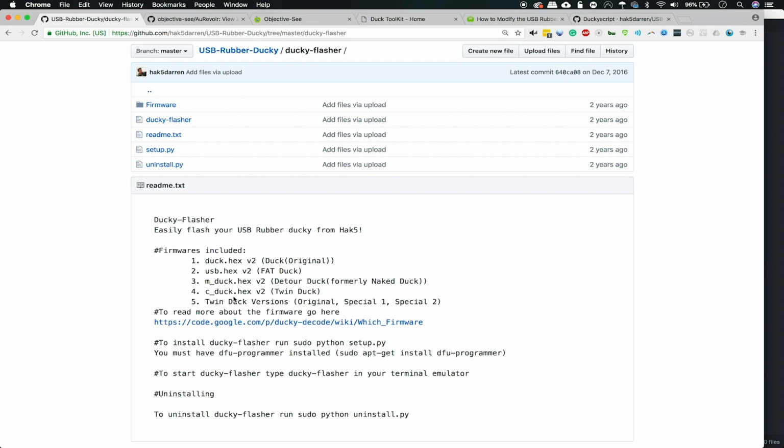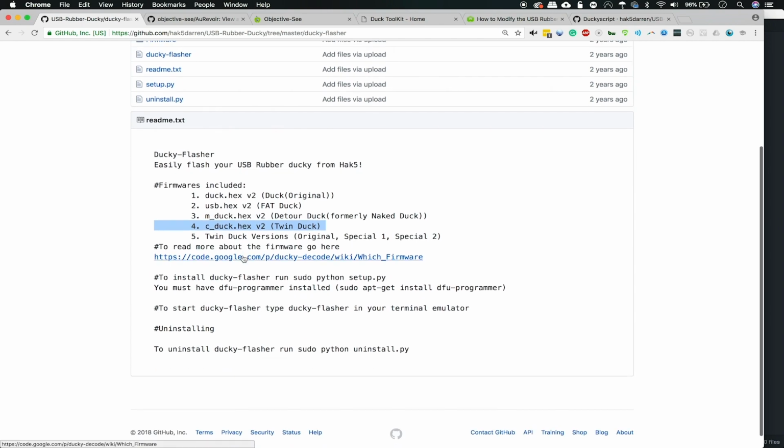In this case, we'll be using option number 4, the TwinDuck, which allows us to both execute an HID attack, but also mount the USB Rubber Ducky as a flash drive. This has the added advantage of letting us change the payload on it without needing to take the SD card out, because we can just plug it in and, if we can dodge the initial keystrokes of the payload, swap very quickly what's inside the USB Rubber Ducky without needing a separate device to read the SD card. So that can be handy in a pinch.